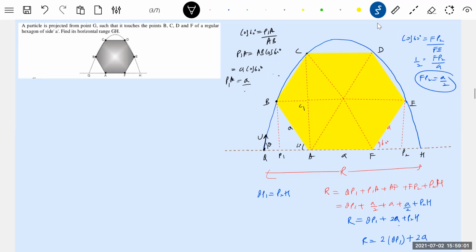So these are some things to have clarity on. That's all. Very simple. Somehow QP1 has to be determined. What to do for QP1 is where we have to put effort here. I'll take help of the equation of trajectory.